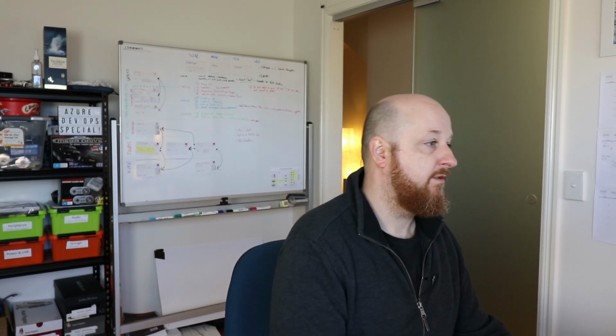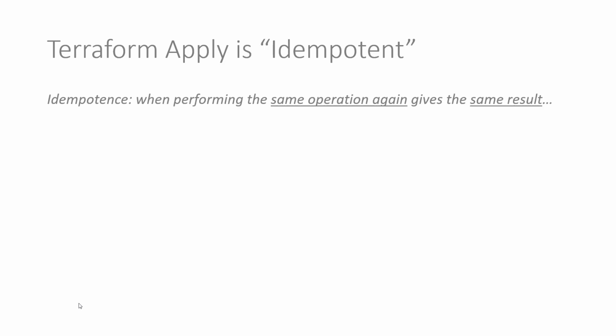Why won't it work? Well, this is a bit of an interesting concept if you've not heard it before. Terraform generally, and the Terraform apply command, is what we call idempotent. Be careful how you pronounce that. What does that mean? Well, idempotence is a concept in mathematics and computer science, and basically, very simply, it means when we perform the same operation again, we will get the same result. So Terraform apply is idempotent. Now what does that mean? Well, if we didn't specify a build version in our Azure Pipelines file and we just pushed up an image to Docker Hub that was tagged as latest,